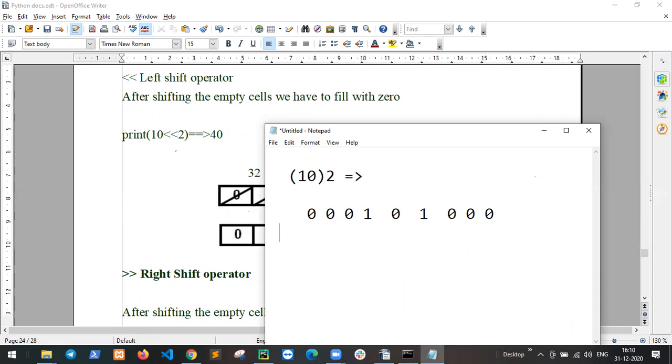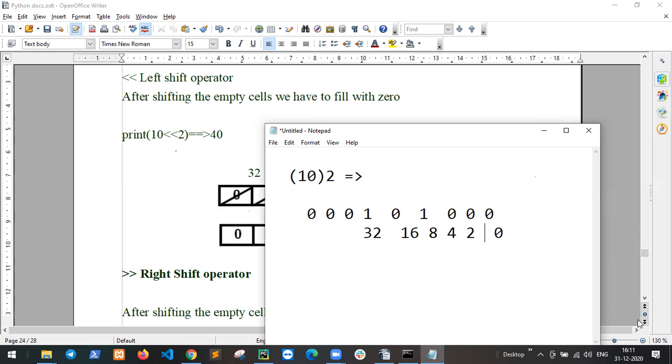So the place values are 0, 2, 4, 8, 16, 32, 64 like that.